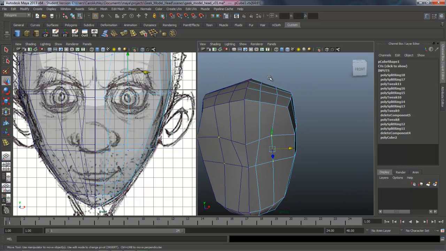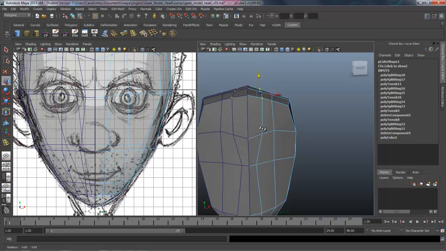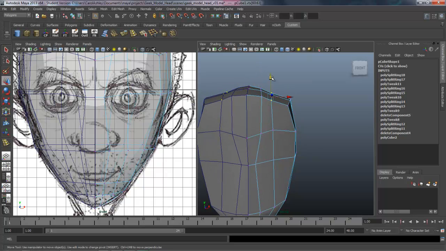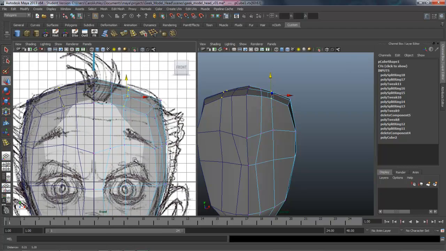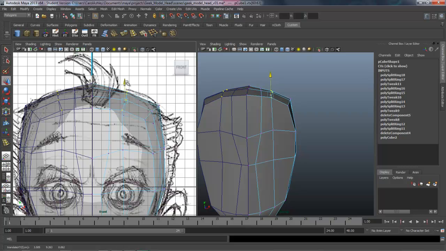So let's pull these over. And we're going to have to make a few little adjustments here. So I'm grabbing all of these and pulling them over. And then you can see the top of the head needs to get rounded out as well. So we'll grab all of those. Make sure it's rounding out here. Pull this one down. So all of these are just sitting up a little too high.